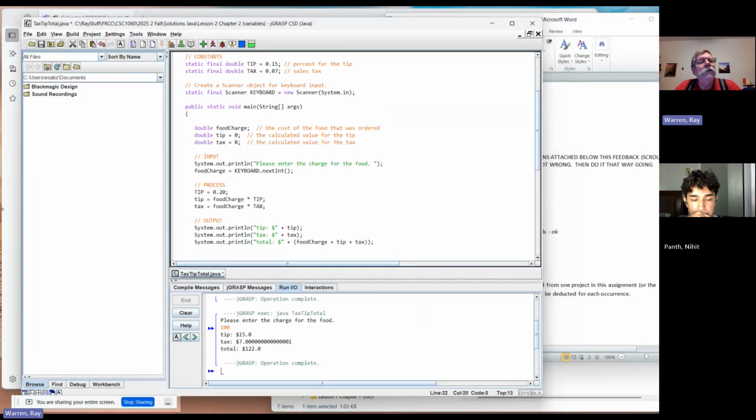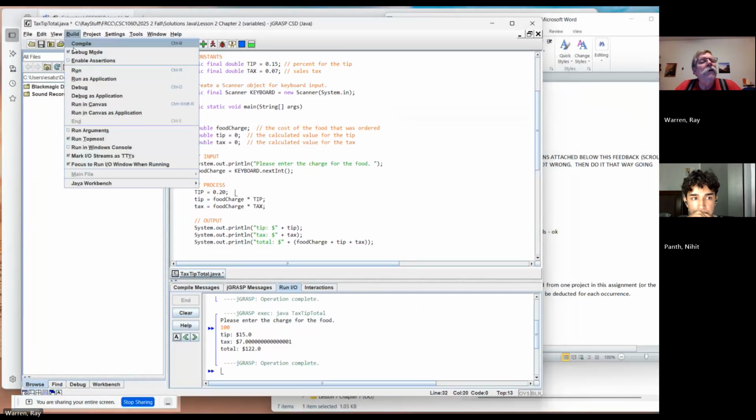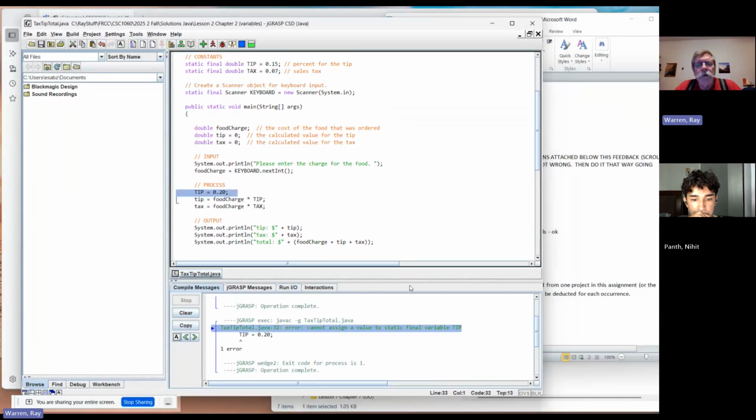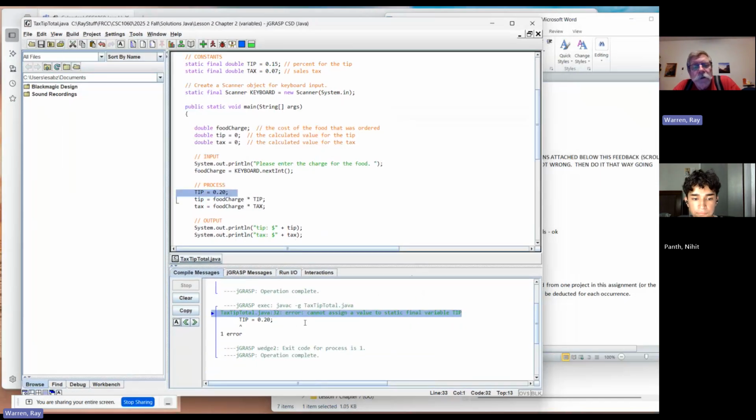Okay, so we're going to have to compile now. Actually, if I did run, that should create an error there. There you go. Look at that right away. Okay, so it's got an error. Cannot assign a value to a static final variable tip. Okay, so you just can't do that. So it's decided this is never going to change. You agreed with the compiler through that